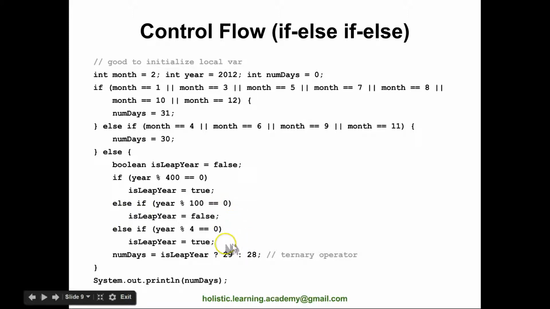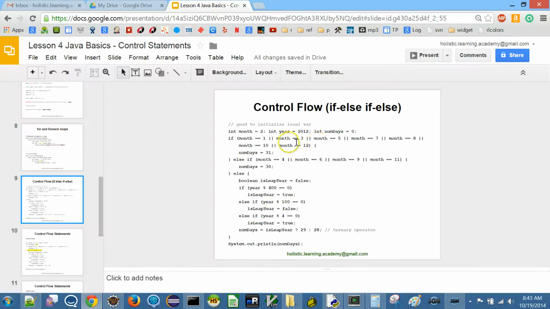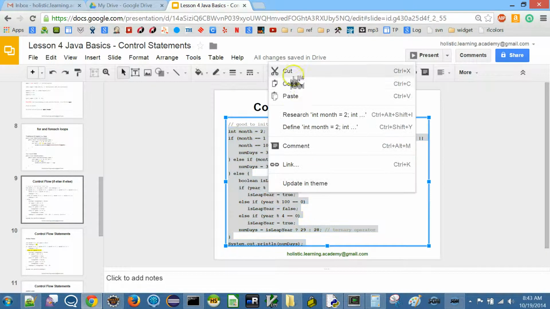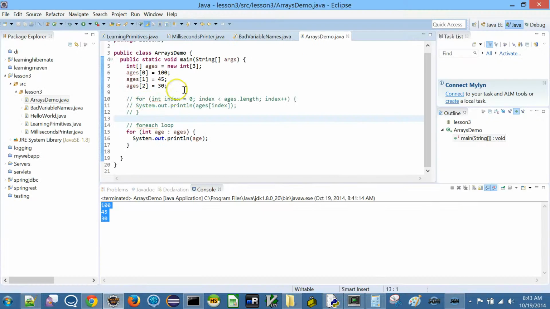And then here we said numDays is equal to isLeapYear ? 29 : 28. What is this? isLeapYear is a boolean variable. If it's a leap year, we say it's 29 days, otherwise 28 days. Let me illustrate this one. For now I'm just going to copy paste this into the method.